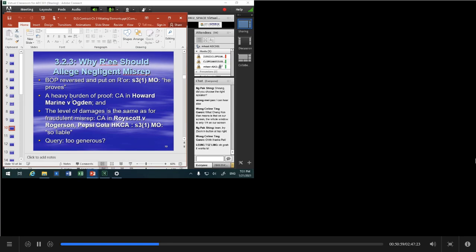But why on earth would you claim fraudulent misrep? Because it's difficult to prove fraud anyway. So you'll always go for negligent misrep, and the burden of proof is reversed and put on the representor. If the representor is able to prove he's not negligent, then he'll be innocent, and under section 3 sub 2, the court can award damages in lieu of, in place of, rescission. Okay,